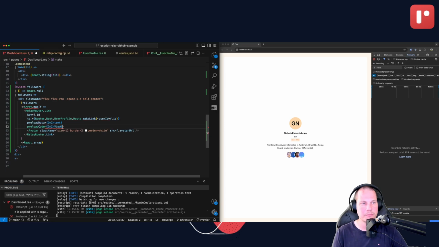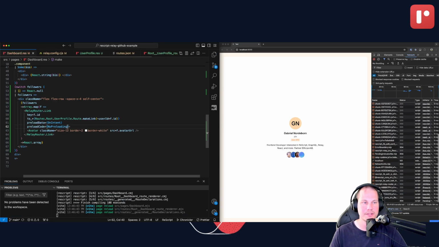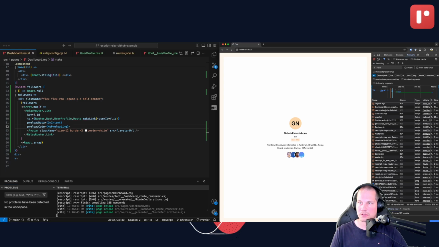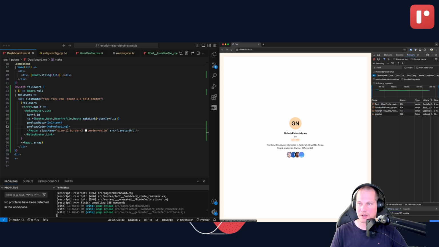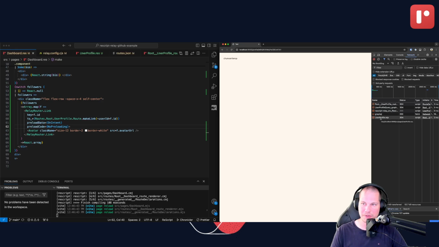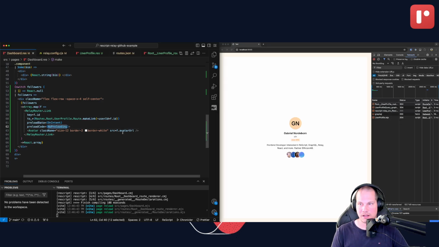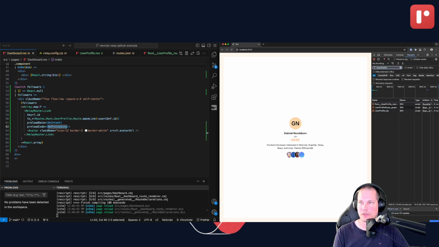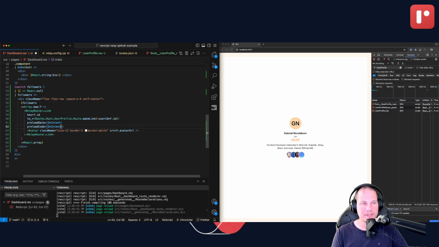Let's try putting this on. Let's start by doing no preloading, for instance. We look at this, press that one, and first then it starts loading the user profile code. Excellent. Now if we do on intent instead,